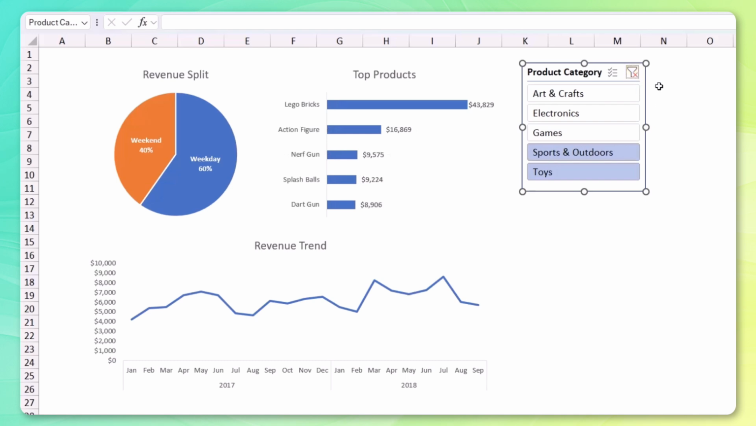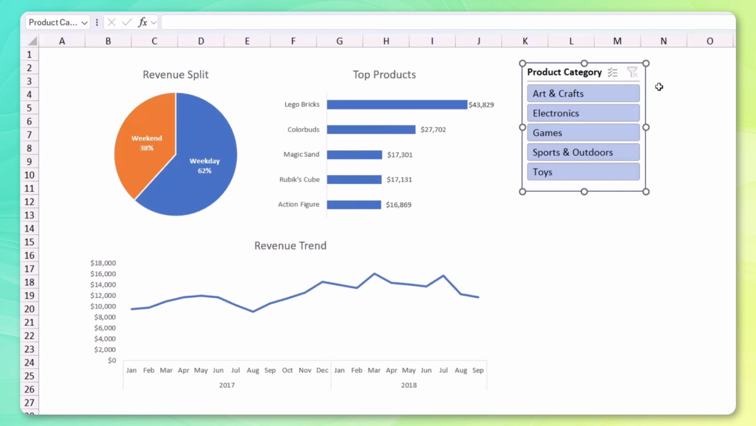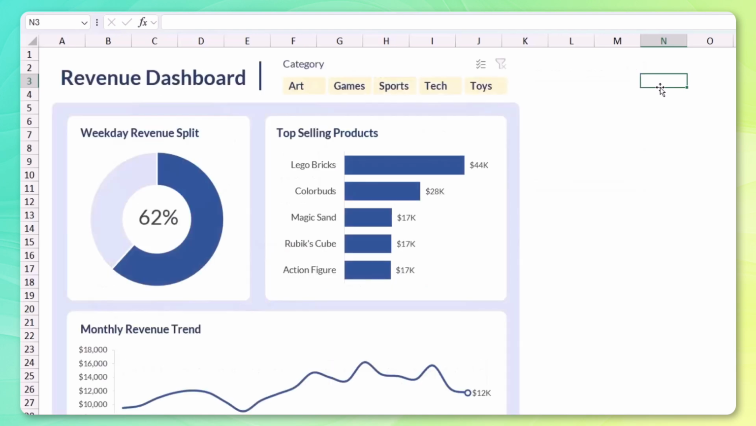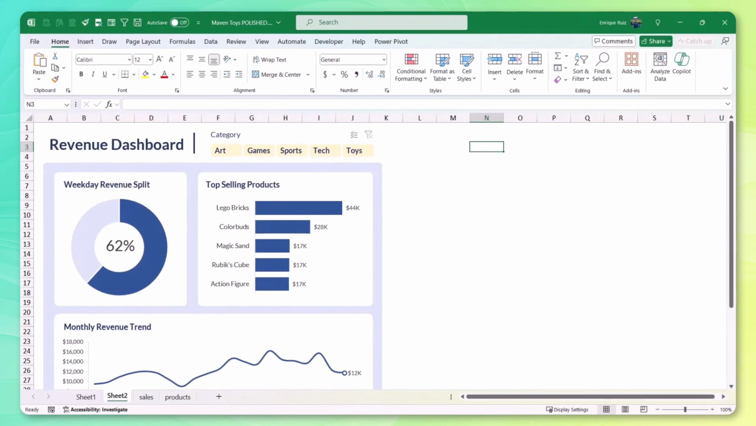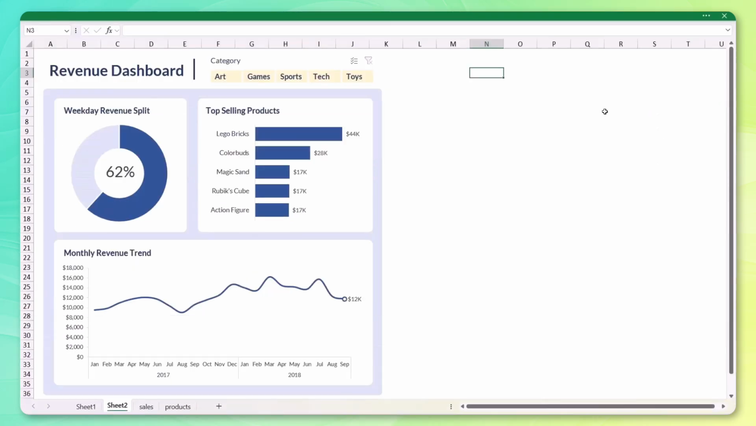Isn't that great? Now we could leave things like that, or if we get creative and apply a little bit more formatting magic, then voila, a beautiful interactive report all built within Excel. Let's go ahead and hide the ribbon here, show this in full screen, and look how easy it is to understand our data now. 62% of our revenue comes from weekdays,